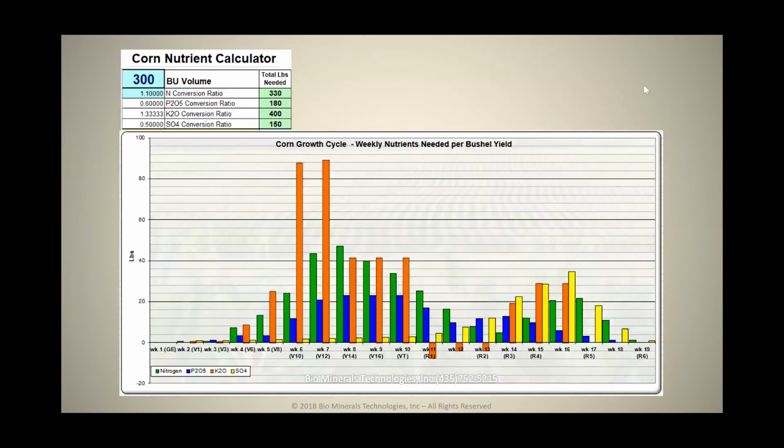Right here, let's look at the nutrient demand for 300 bushel of corn. So in the beginning, we have nitrogen, phos, potassium is the orange, sulfur is the yellow, phosphate is the blue, and nitrogen is green. This is the diet and the amounts of NPK and sulfur that the plant needs at various times to accomplish this 300 bushel. I want to show you this in perspective